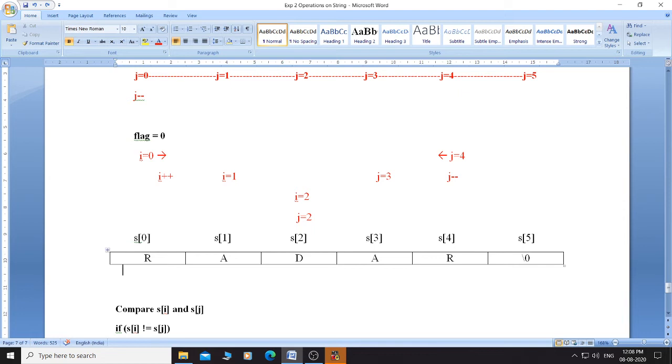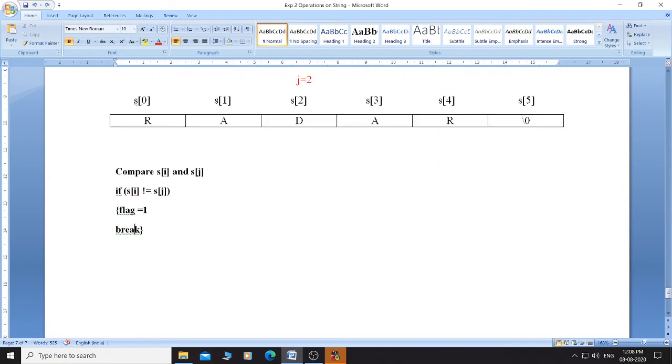Okay, now after this comparison check the value of flag.